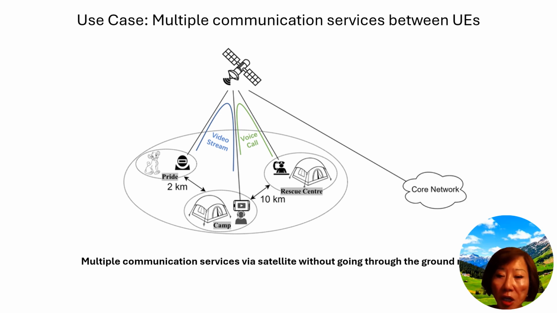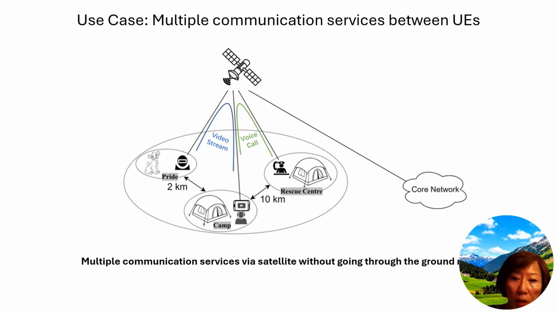The 3 locations form a LAN, a local area network, facilitated by a satellite, allowing for efficient communication within the operation area. Again, it's independent from the terrestrial infrastructure altogether. We don't need that in this case. And it is supporting various kinds of applications.